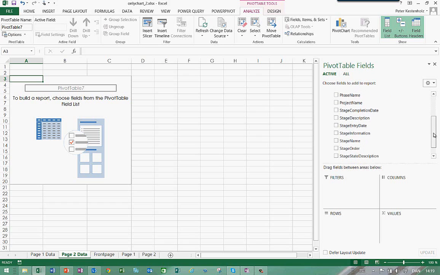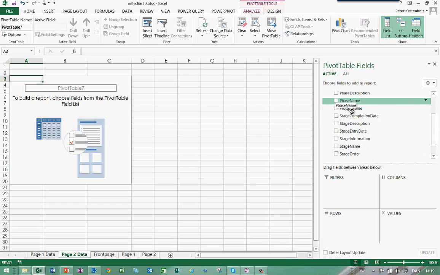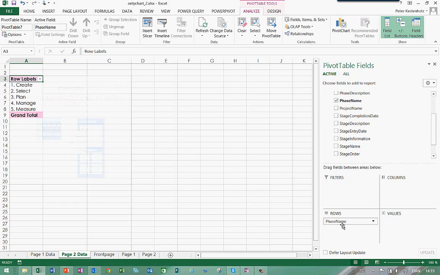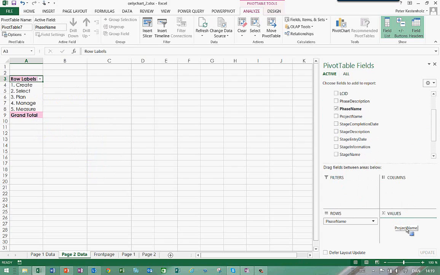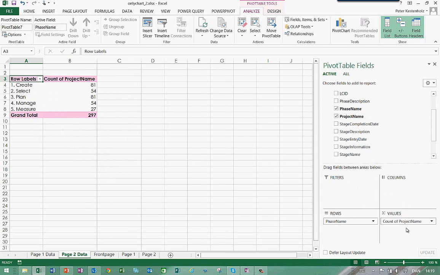And before we do that, let's try to bring in the phase name, such as this, because there's a very important learning here when it has to do with doing charts on workflows. If we bring in project name now to the values section, it will automatically do a count, so that's perfect. The only problem right now is that this number up here, 297, isn't the actual number of projects in the